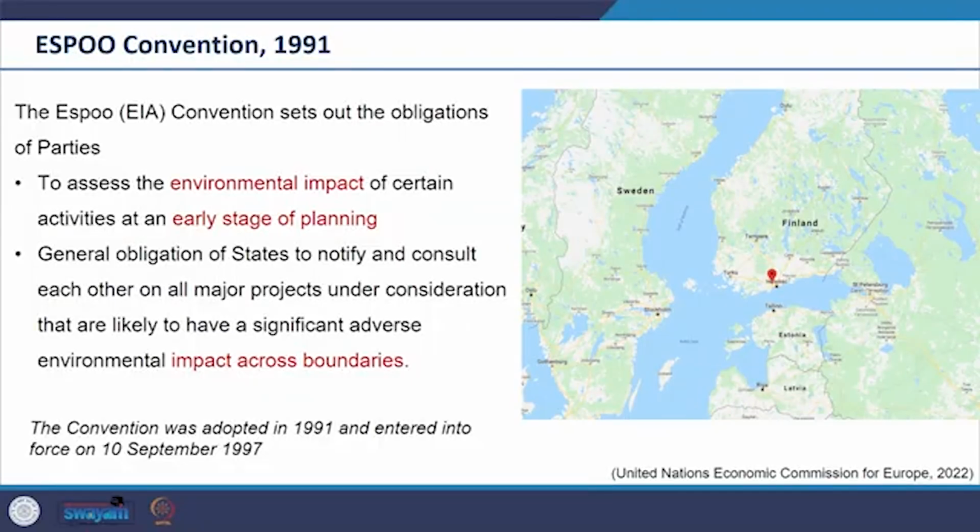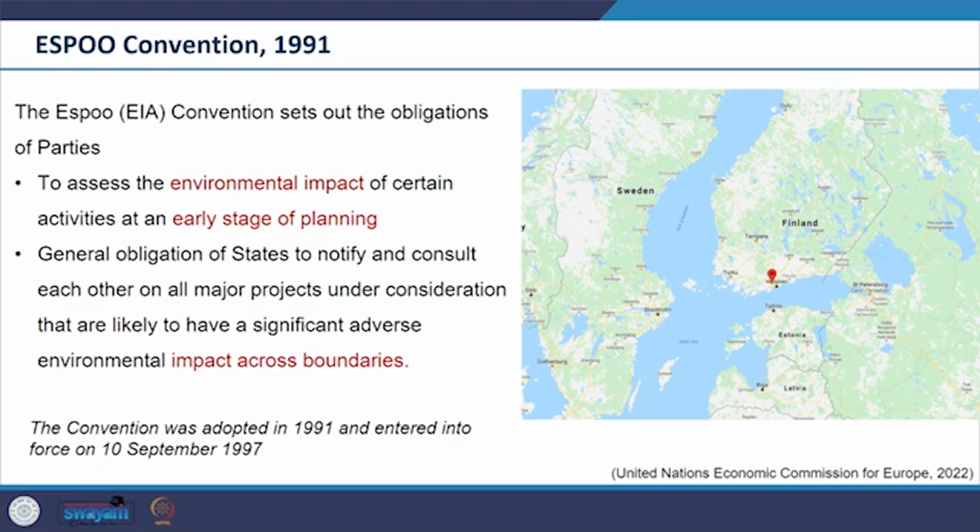In Europe, the United Nations Economic Commission for Europe has been doing considerable work. Some of the notable ones is the 1991 Convention on EIA in a Transboundary Context, the ESPO Convention. It is primarily to assess the negative environmental impact across borders. So till now we have been talking about the country context, but this convention talked about infrastructure which would